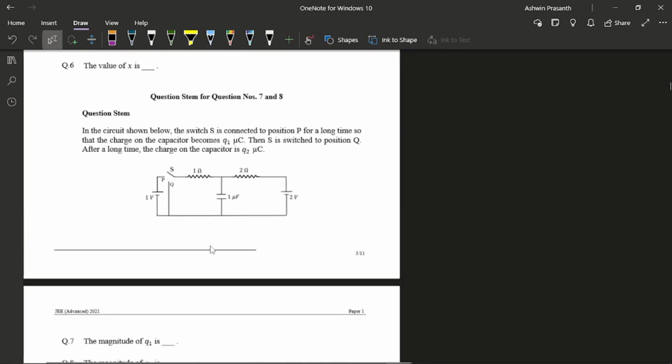And this was the next question. I made a huge blunder here. I'm not sure, but I think I forgot one resistance or something, because of which I got both parts wrong.